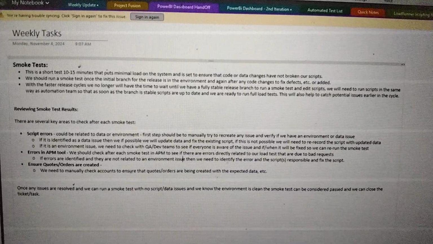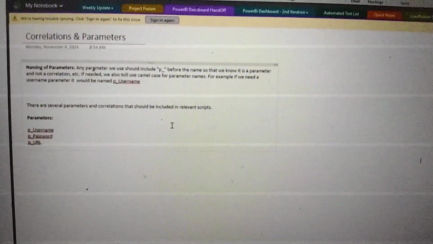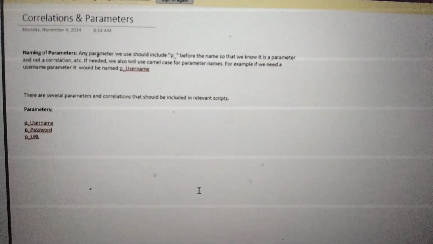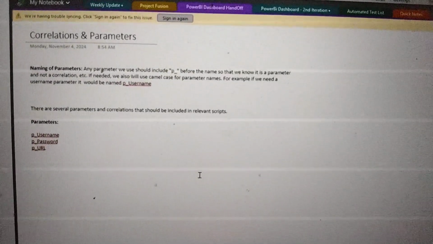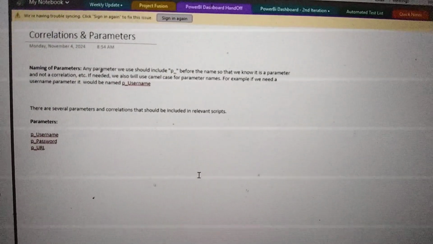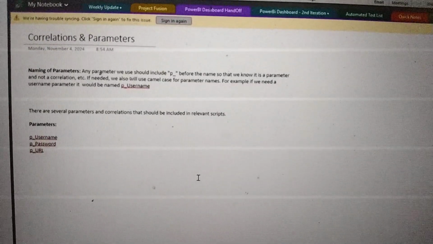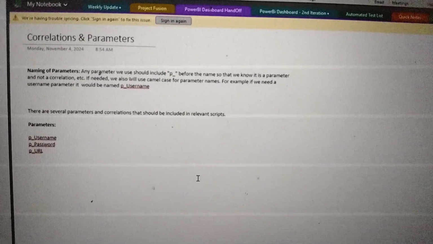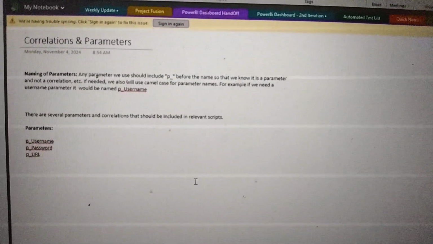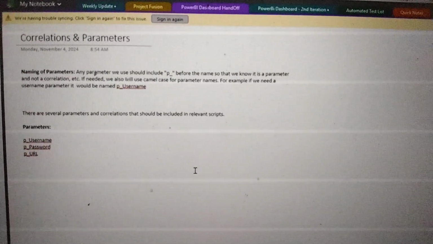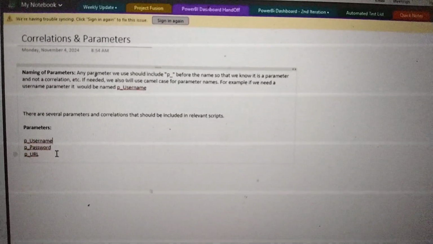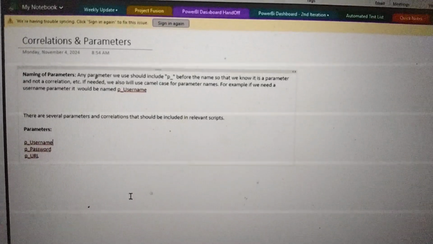The other section, I just started this one today, so there's not a lot of detail. This is correlations and parameters. I think this will be somewhat helpful. I'm going to have naming conventions here too, so that we know how to name. Every script that has the same parameter, the parameter will always be named the same for each script. So it's a username or password, it'll always be the same name, or URL, and it'll always have the same